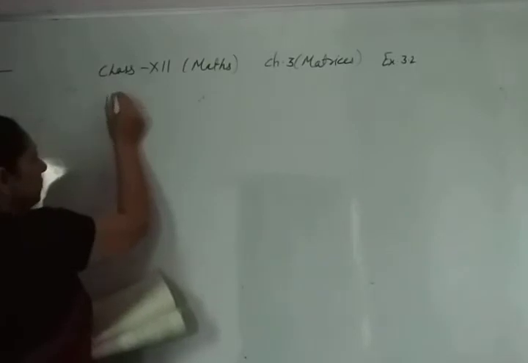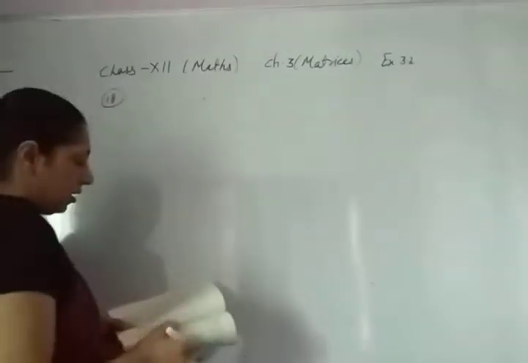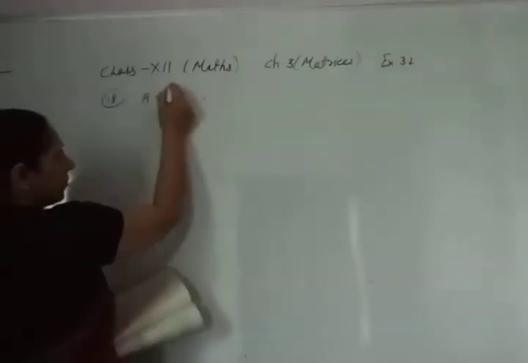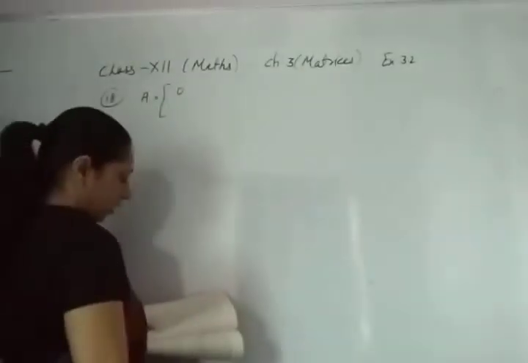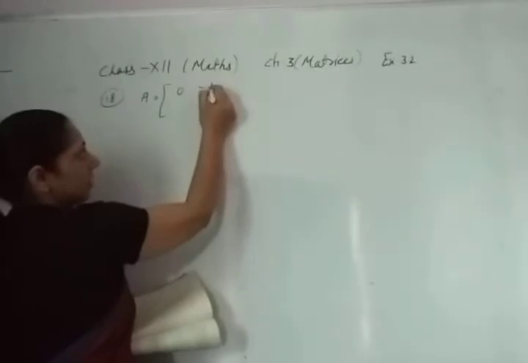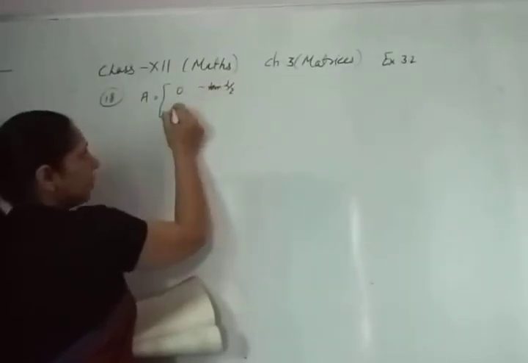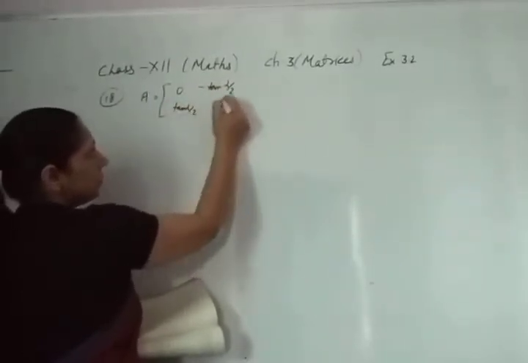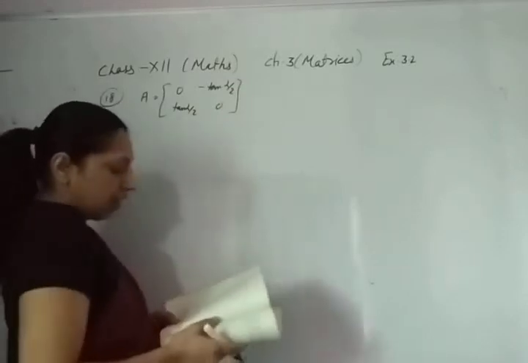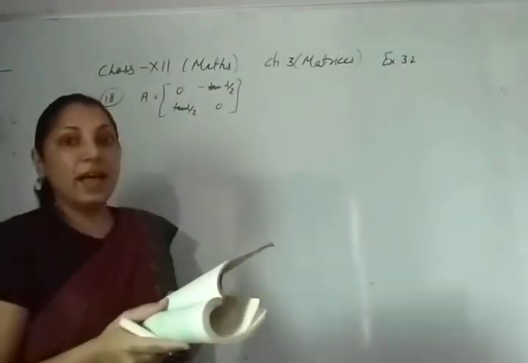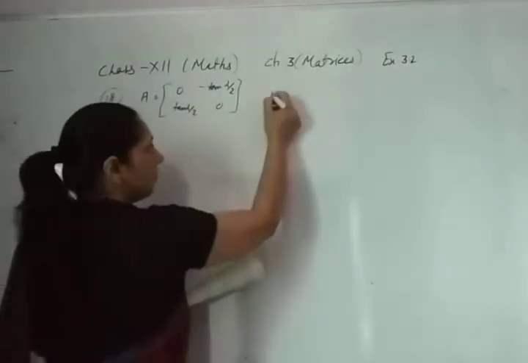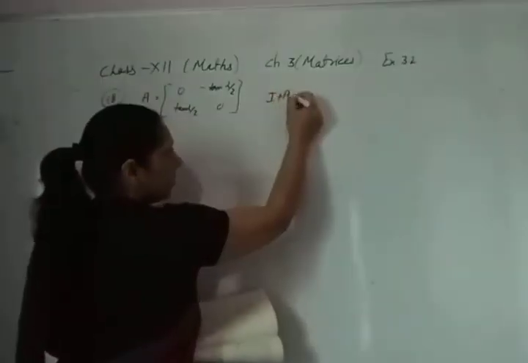Question number 18, if A is equal to 0, minus 10 alpha by 2, 10 alpha by 2, 0, and I is the identity matrix of order 2, then we have to show I plus A is equal to